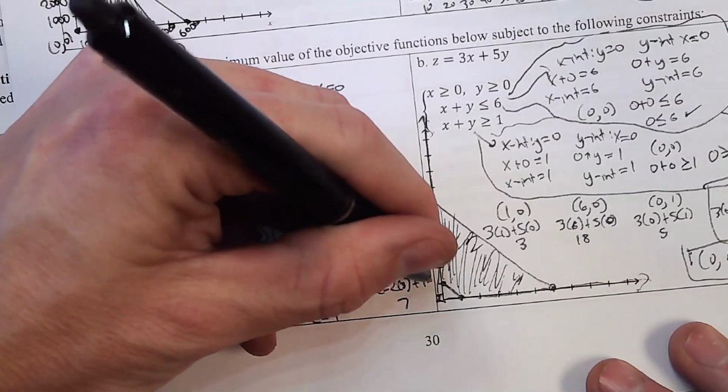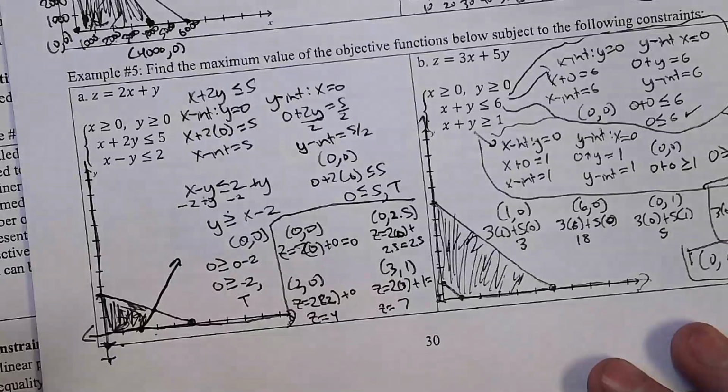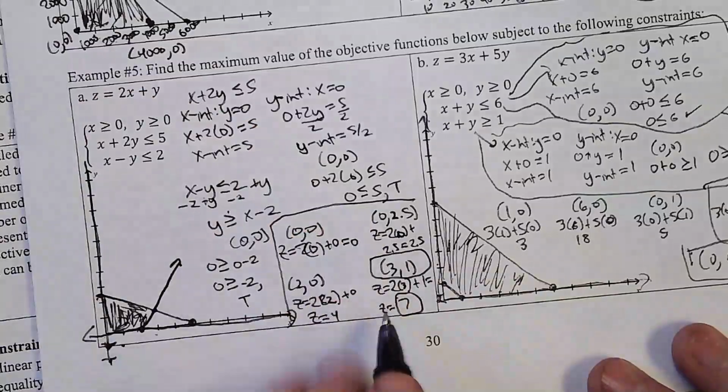6, 7, got him. So the maximum will be right here. The maximum value is 7, and it occurs at 3